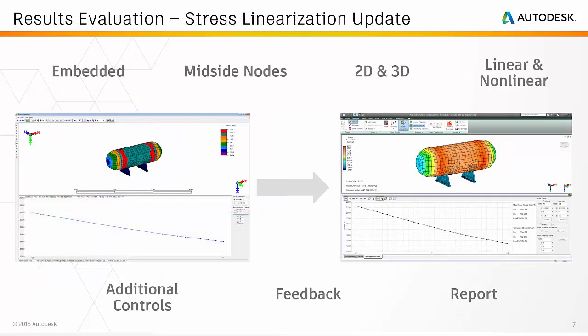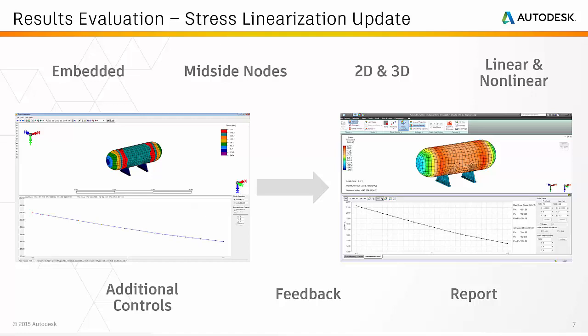The stress linearization utility has been redesigned, and it is now located within the output bar. The following enhancements are included in this update: support for all brick and TET elements with or without midside nodes, support for 2D plate and shell elements, support for all linear and nonlinear analysis types that produce stress results, full support for model and display unit systems, control of stress classification line divisions, ability to define the first, the last,